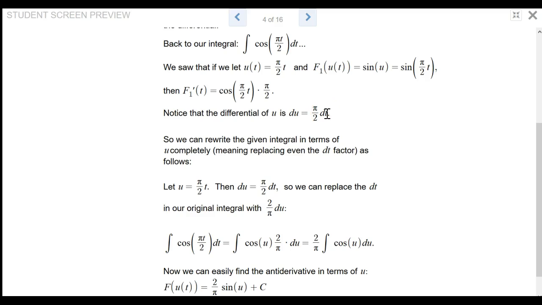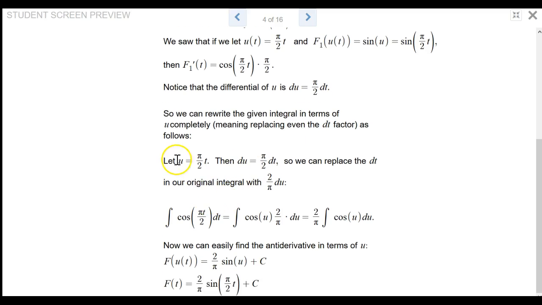So remember, I need to get my entire integral in terms of u, not t, so that I can find the antiderivative and simplify things. So if we let u equal pi over 2t, then du is pi over 2 dt. That's that differential. So now I can simply solve for dt to get it in terms of du,